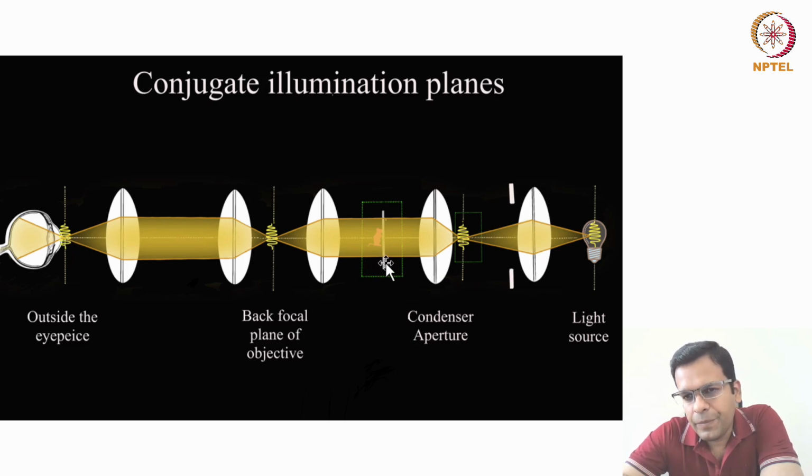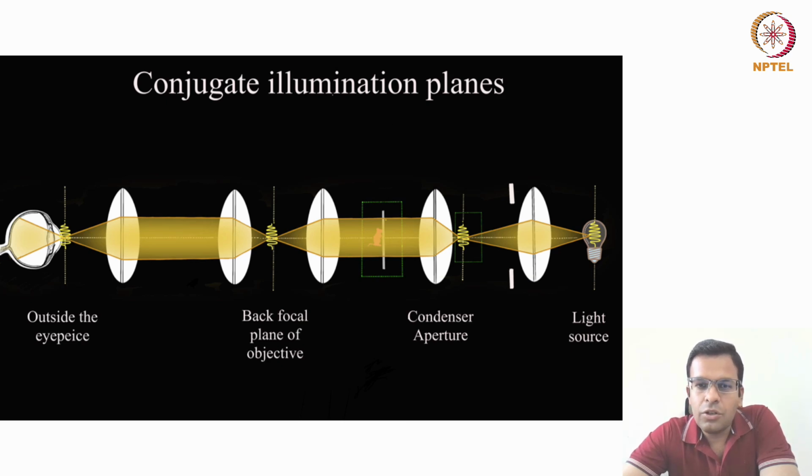But you can see that here your sample is evenly illuminated. Now if you move the position of these lenses up or down, or maybe left or right, then the bulb filament will be focused at the sample. We do not want that. We want even illumination of the sample. So you should focus these lenses in such a way that the sample is evenly illuminated like this. Now see, these are the conjugate illumination planes.